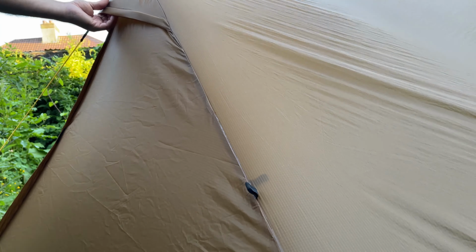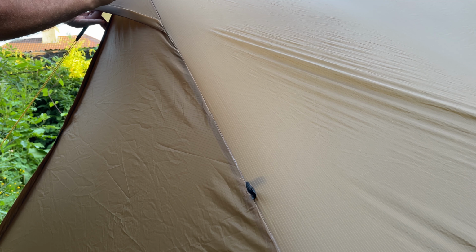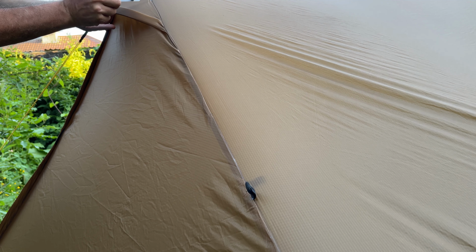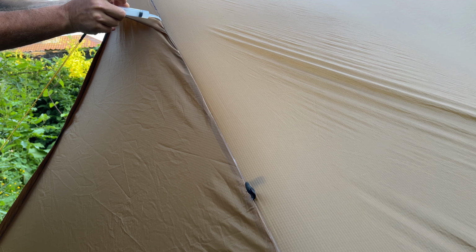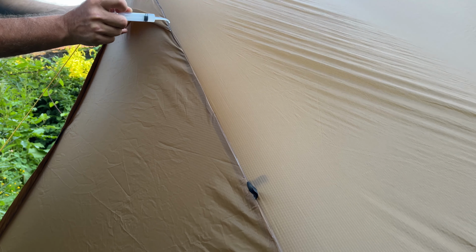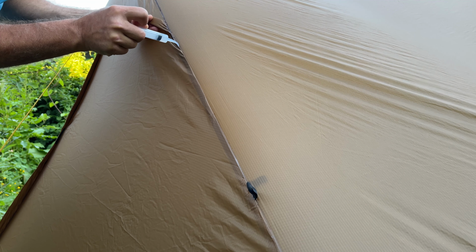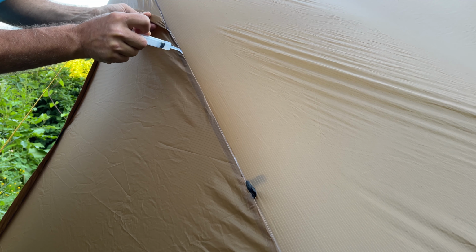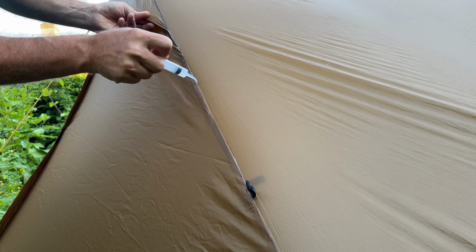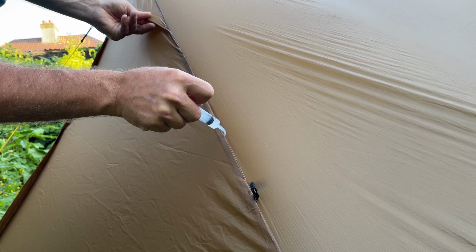I've just got to run from the top down and wipe this off, and then hopefully next time it rains and I'm in this tent, we won't have any leaks. I haven't bothered with the brush. I've got it quite liquidy, and I'm just scrubbing it and pushing it along the seam, and every now and again I flick it off the seam and it goes all over the tent. But once I've done a whole seam, I'm coming behind with the rag,